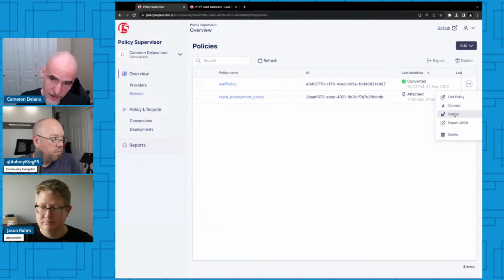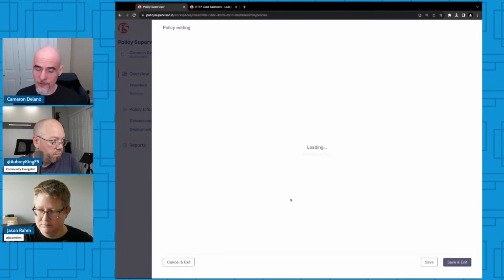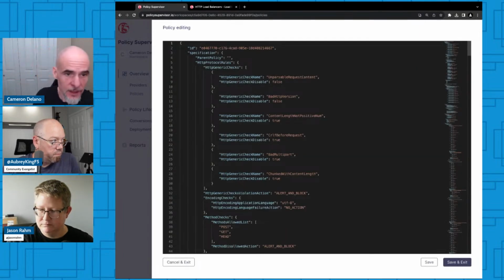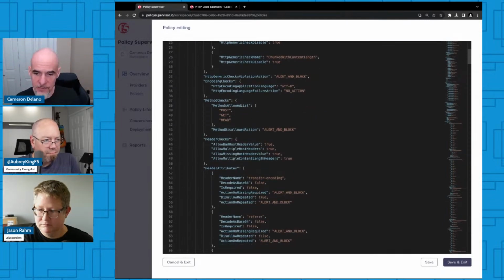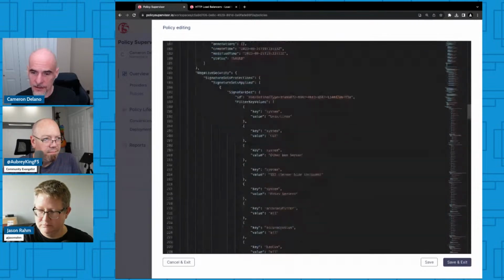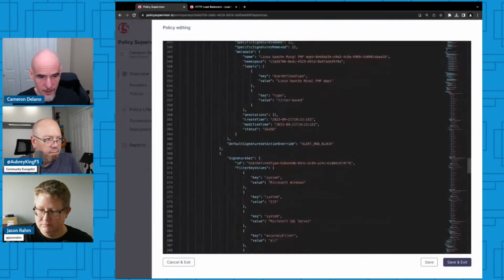We can deploy from here. We can export it in full JSON, but we can also come in and edit the policy. If you're familiar with VS Code, this will look a little familiar. It's a full editor with tab completion, and you can modify your policy here on the fly